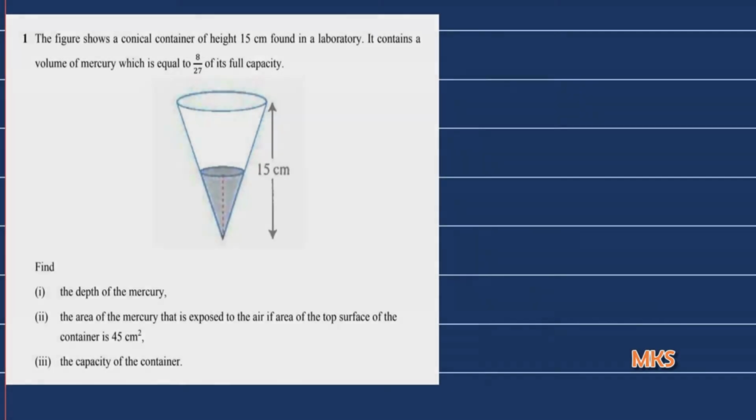In this question, the figure shows a conical container of height 15 centimeter found in the laboratory. It contains a volume of mercury which is equal to 8 over 27 of its full capacity. Volume of mercury means the volume which is in that container is 8 over 27 of its full capacity. Two different diagrams. One is the container